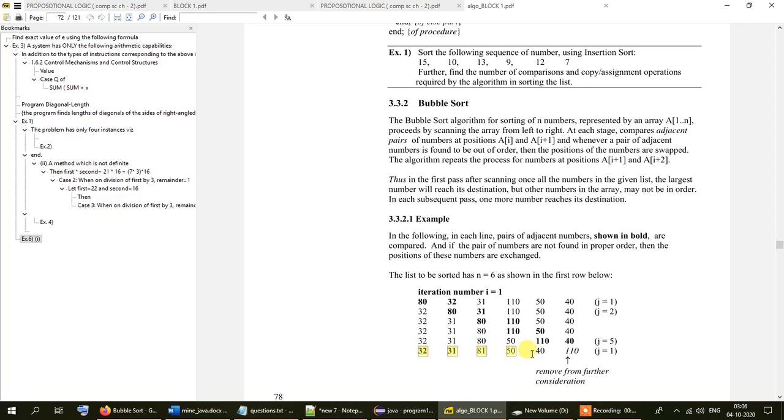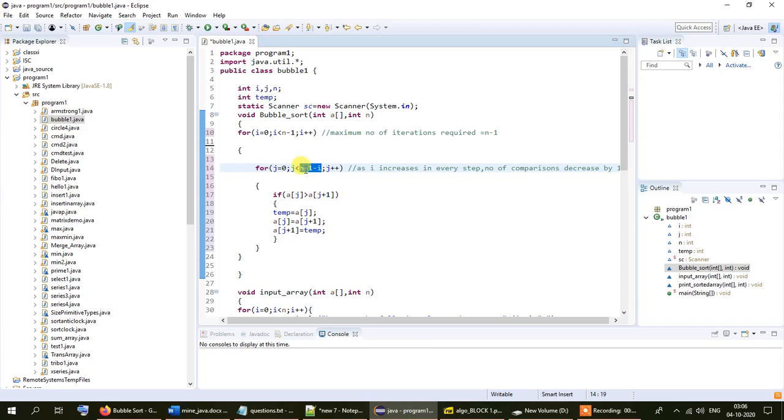that is, the number of elements that we are sorting through in the array, by 1 in every subsequent step, because this part is already sorted, so this is a partially sorted list. This list representing the highest number is actually already sorted. This number's position will not change because this is the highest number. So for that particular reason, this number will be excluded from the subsequent sorting steps that are still left to be performed, and for that reason we are doing this, j equals n minus 1 minus i.